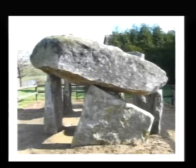It is situated on a river valley which flows down to the Anjou, so again, it's quite close to water. The cultural influences and traditions of the south would have spread up this valley. It has characteristics close to those of the Angevin dolmens to the southeast, down towards the Loire. These were huge in size as well, but it's unlikely that they were ever covered with cairns. At least 14 individuals, including